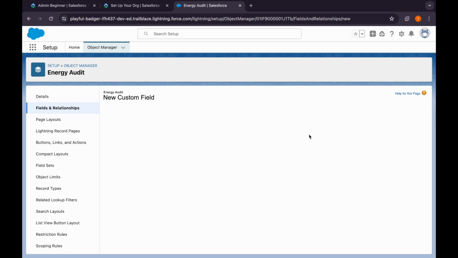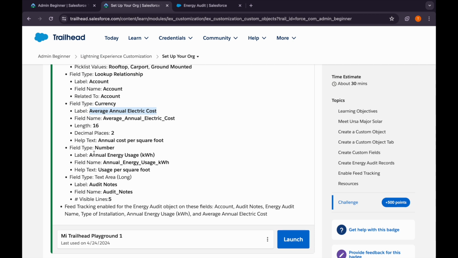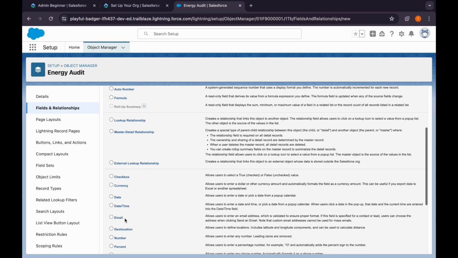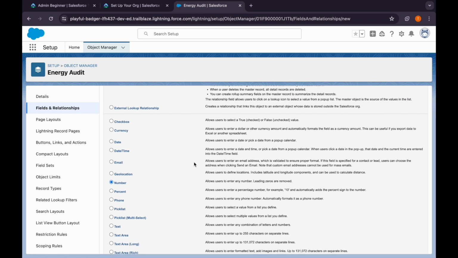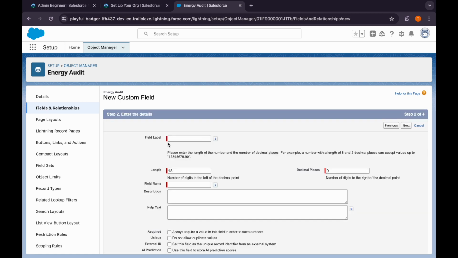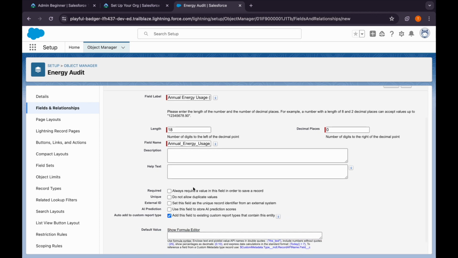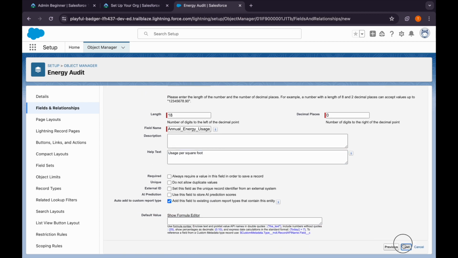I know sometimes it feels a bit boring, but now you will find it interesting in later years, believe me. And then we have to create a number field, so I'll select the number data type here. Then next, putting its label as this. Let's see what other requirements it has. It doesn't have anything except the help text, so we'll keep the length as it is. Paste the help text, go next,